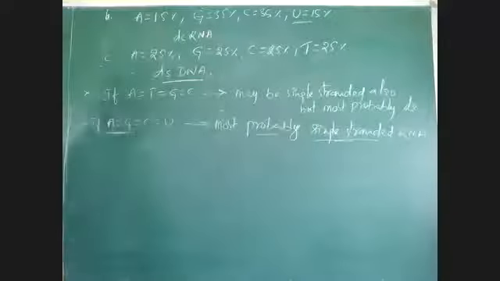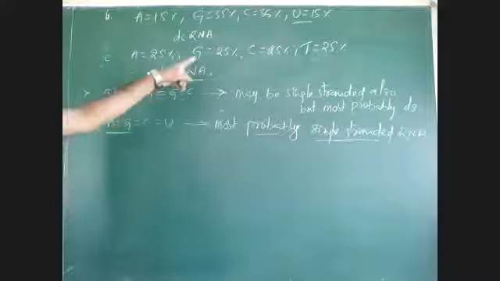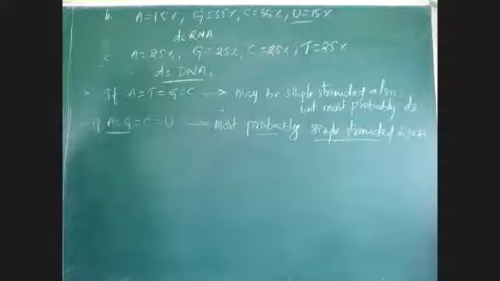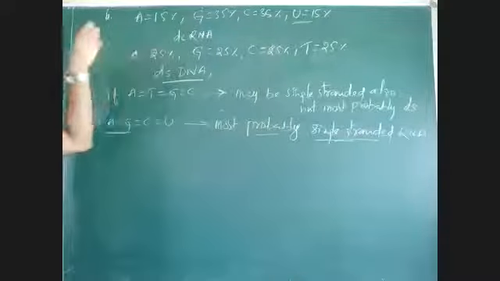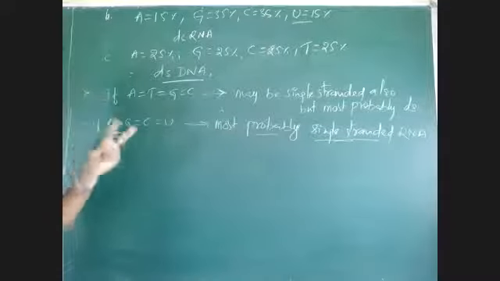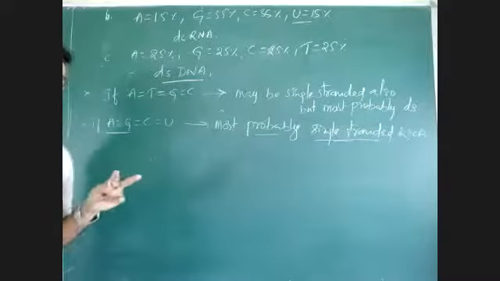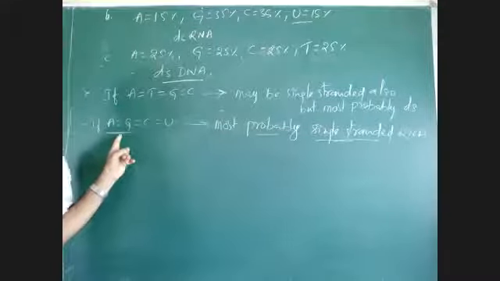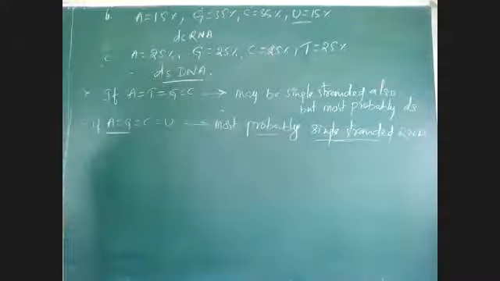Okay, if adenine, guanine, cytosine, thymine are equal, 25, then it may be most probably double-stranded DNA molecule. Because when this is there, usually double-stranded DNA is having two polynucleotide chains formed with hydrogen bonds. Whereas this one, RNA is generally single-stranded molecule. That's why.